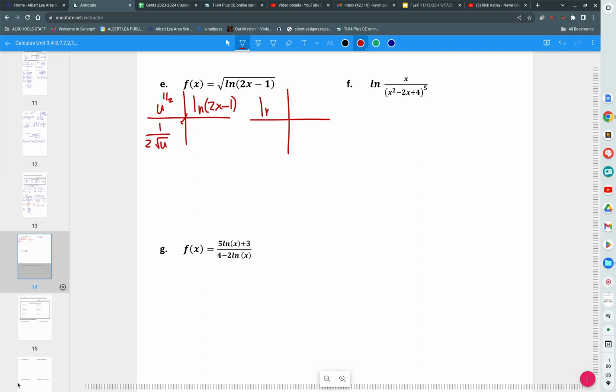So I have the natural log of u, and I have 2x minus 1. The derivative is 2. The derivative is 1 over u. So again, you can predict pretty quickly how these derivatives are going to turn out. You don't have to set up the boxes every single time. You can see that because the derivative of the inside is 2, you get 2 over 2x minus 1. And now it's time to multiply these together, isn't it? And what happens when we multiply them together? Yeah, these 2's will reduce to 1, and we get 1 over the natural log of 2x minus 1 times the root of,